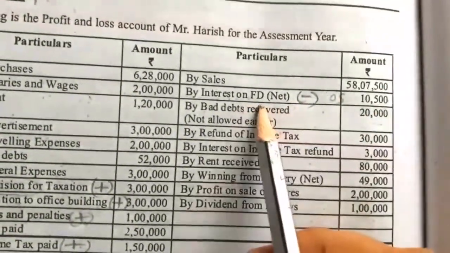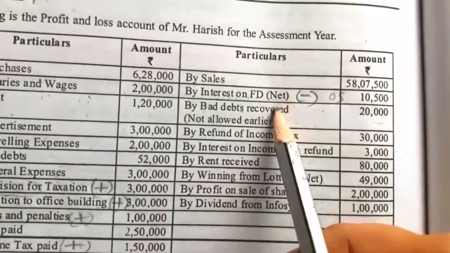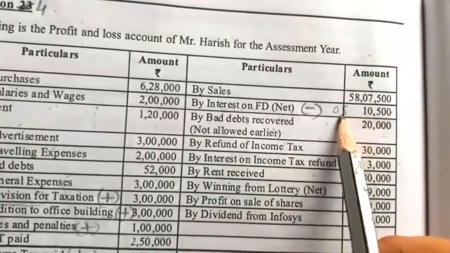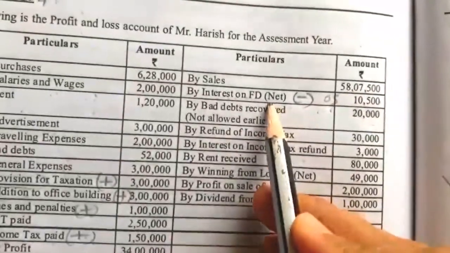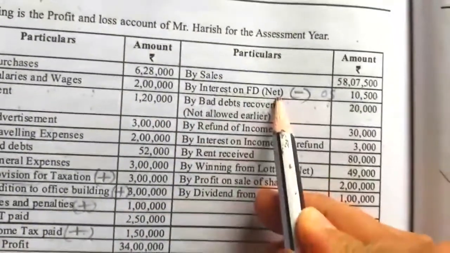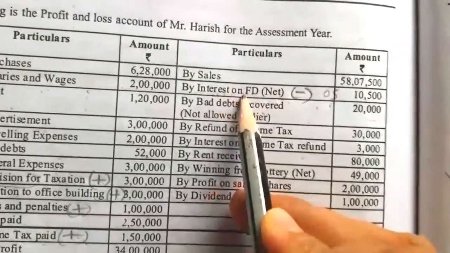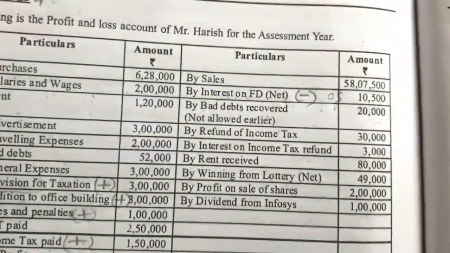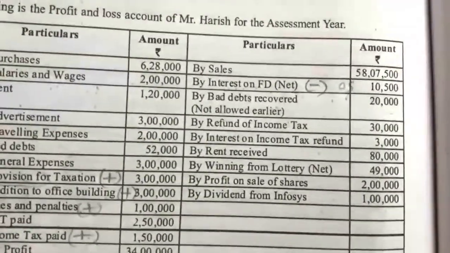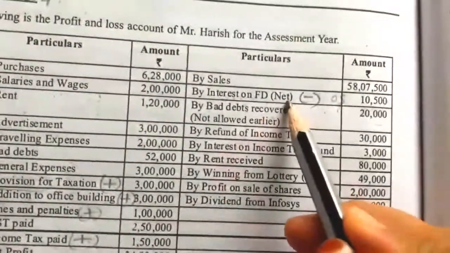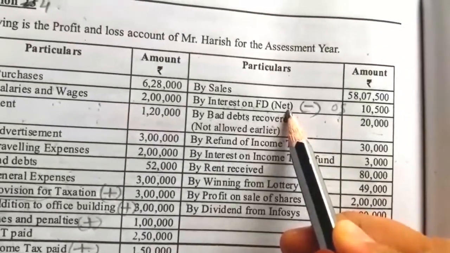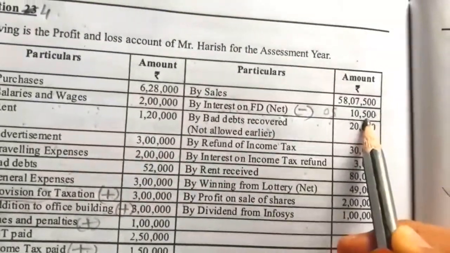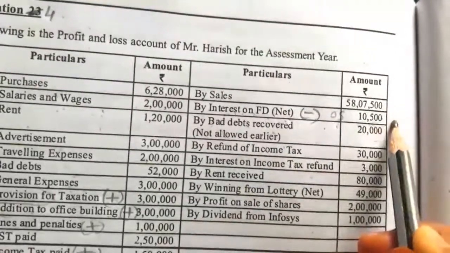So the interest on fixed deposit is the income he is receiving from other sources, so it should be taxable under the head section 56, income from other sources. So here the net value is given, so we have to gross up. Like for the interest on fixed deposit or interest on securities, the tax deducted will be 10%. So 10% is deducted, net value is given, so we have to gross up, that is nothing but 10,500 into 100 by 90 we have to do.